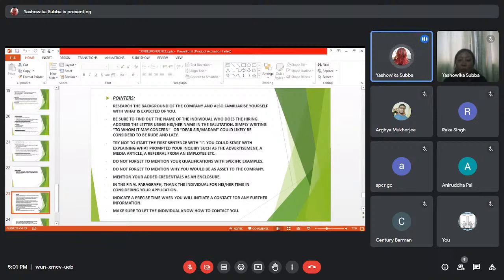Okay, so do mention why you would be an asset to the company. And you also mention your added credentials as an enclosure. If you've done something else apart from the educational qualifications that you have had, please put it as an enclosure. All right. And in the final paragraph, remember to thank the individual for his or her time in considering your